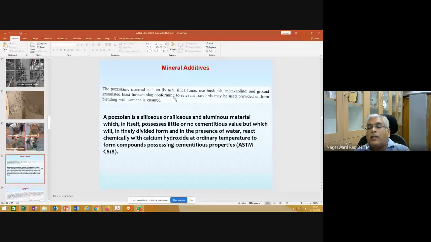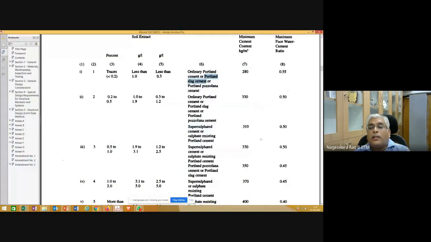You can see here one of the pozzolanic materials is ground granulated blast furnace slag. Cement companies mix this slag material with some portion of cement, and that is what is Portland slag cement, which is mentioned here in the code.